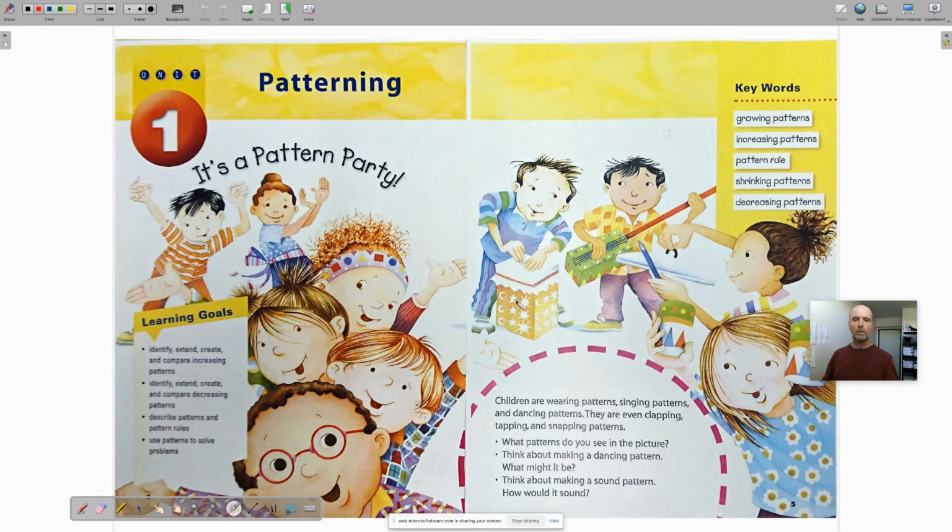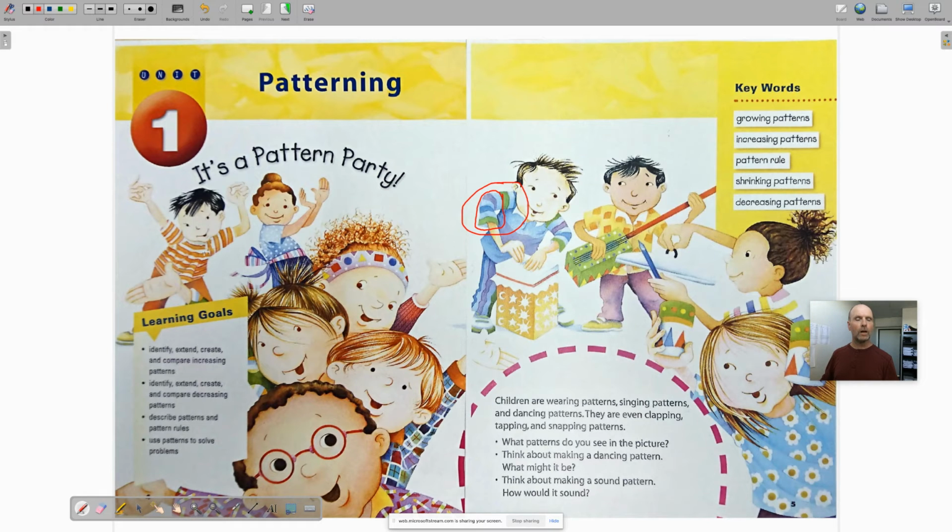Now I'm going to get you started on this one. If I take a look at this boy's sleeve, I see that there's a pattern. It goes green, light blue, dark blue, light blue, purple, light blue. And then it starts again at green. So I'm just going to use this math word. This part that repeats over and over again is called the core of the pattern. But we'll get into more of that later on in different lessons. So yeah, I see a pattern in this boy's clothing.